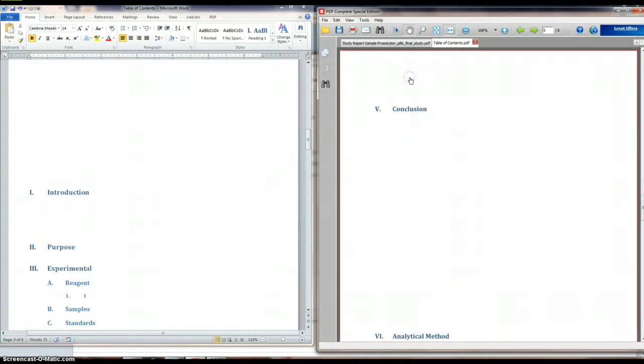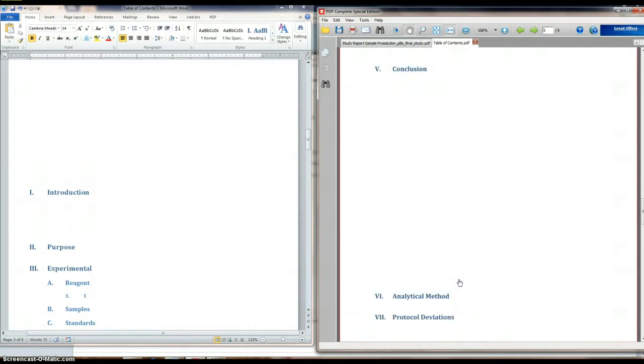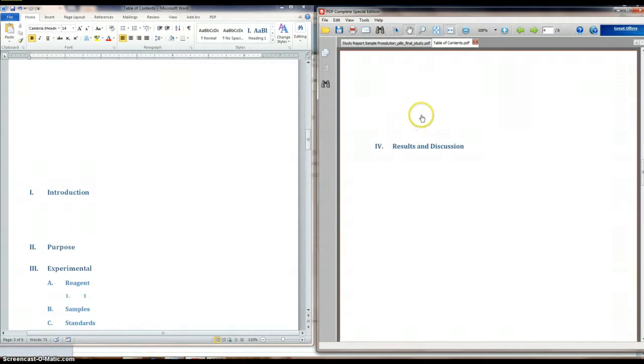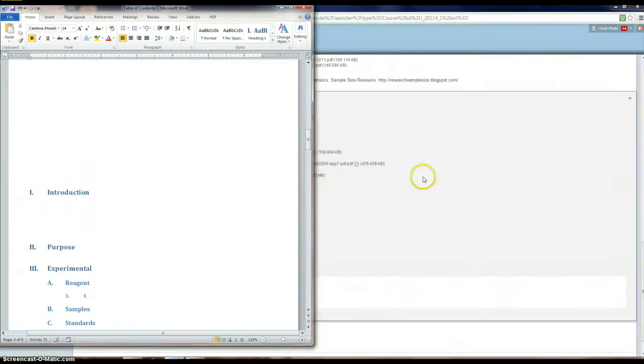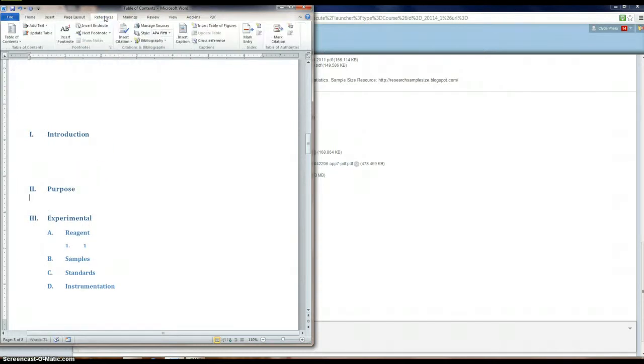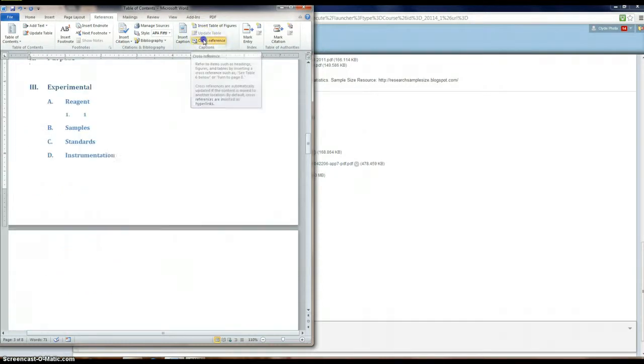So if I want to go to protocols, I click there, and did it take me to the right place? Okay, let's do results. Results and discussion, that one worked. So now before trying to copy and paste a graph or something like that in a table, let me just show you maybe here after purpose you would want to navigate back to the table of contents. Then under references it would be a cross-reference,